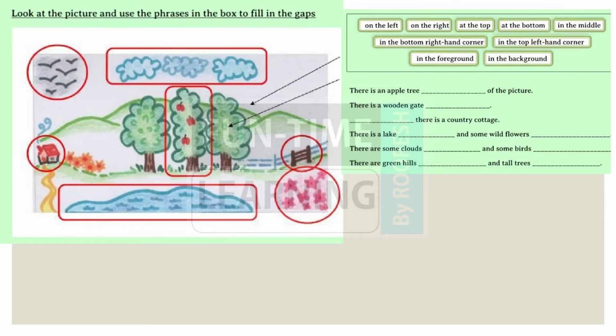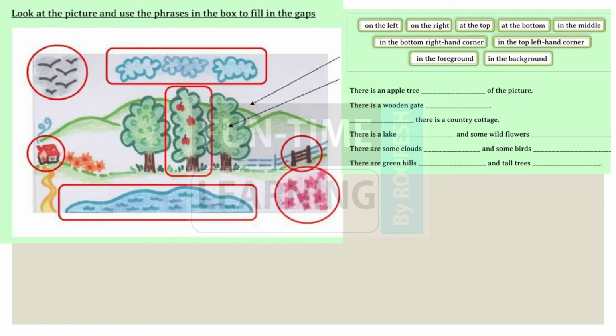So here, yet another activity to practice on description writing is given here. Look at the picture and use the phrase in the box to fill the gaps. So let's begin with the first sentence. There is an apple tree dash of the picture. So where is the apple tree situated or located? എവിടെയാണ് apple tree ഉള്ളത്? We can say that it is in the, lots of options are given on the top of it,